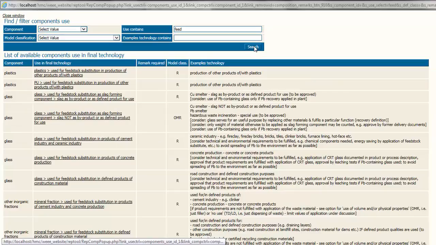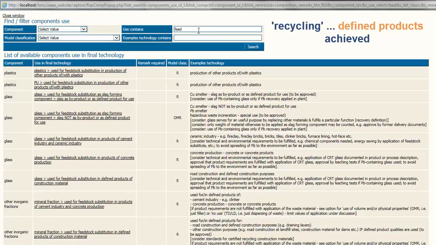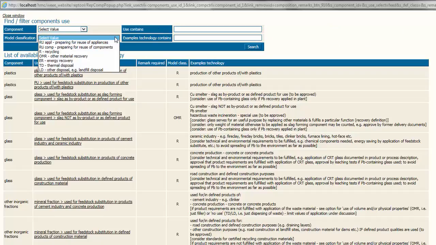See here examples for plastics, polyurethane foam, and glass with the distinction of the use of the slag. In other cases, we ask that defined products are achieved. Let's do a selection. Model classification R, defined products.